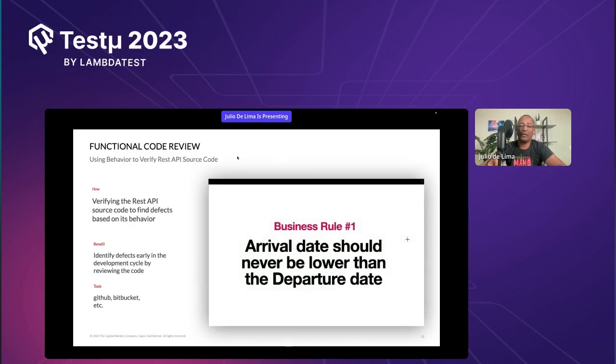Another approach that you can use is called functional code review. I wrote an article for a magazine in the United States called Enterprise Viewpoint. You can search for Júlio de Lima Enterprise Viewpoint. You will find an article about functional code review that basically is to check the code that the developer has